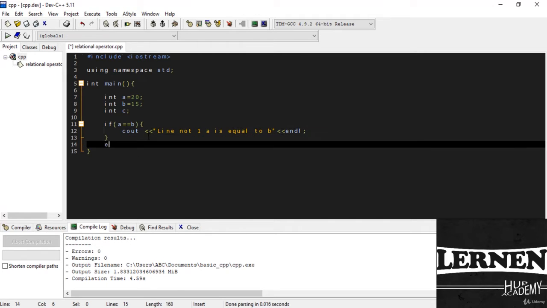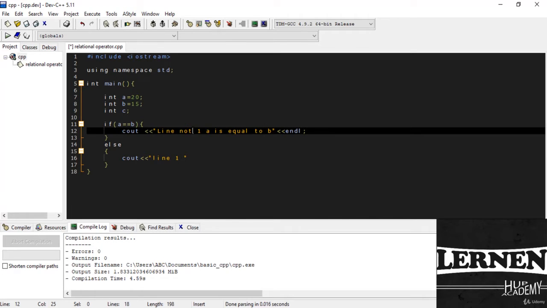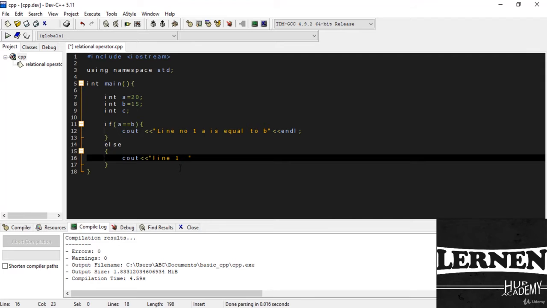Now I just use else cout line number 1. So this is line number 1, and here I just write a is not equal to b here, and here I write endl. Okay,